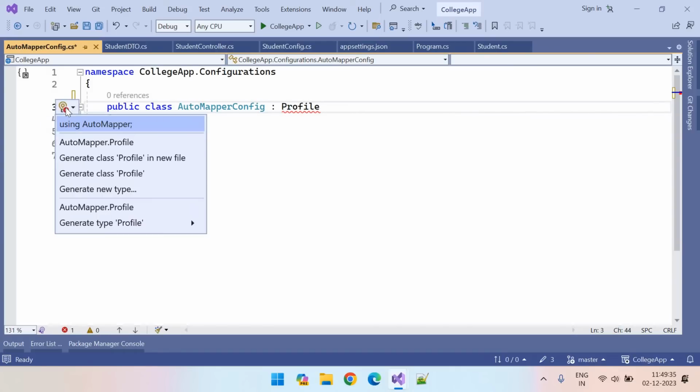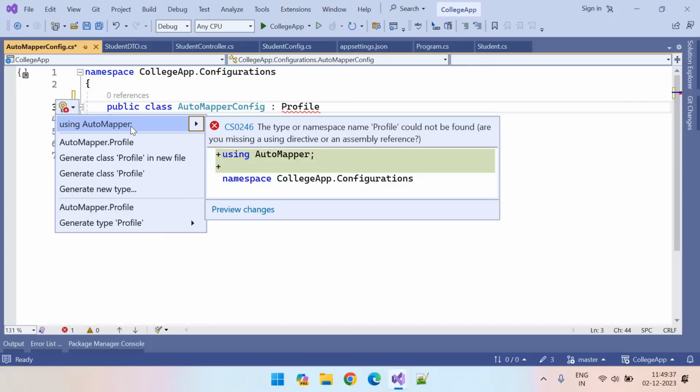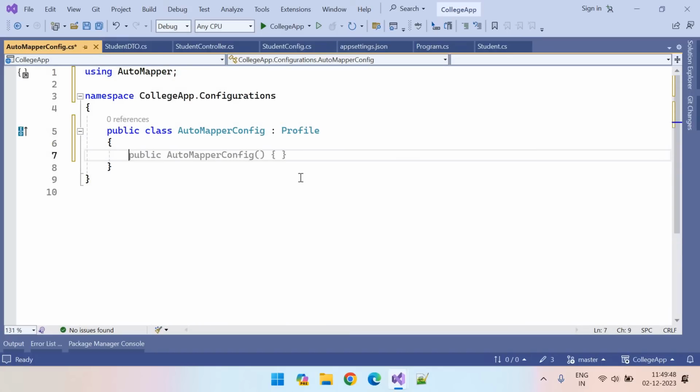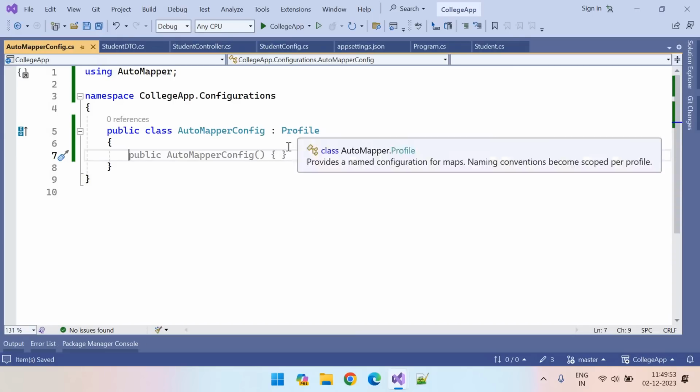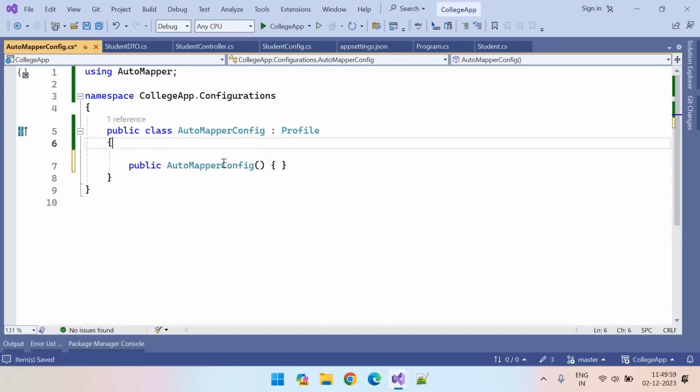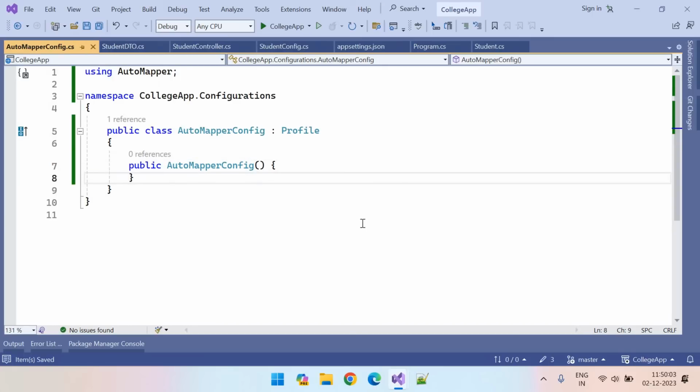We have installed AutoMapper so that we can see suggestions from AutoMapper. I have added the import statement, or using statement, here. So I have added the AutoMapperConfig class and inherited it from Profile. We need to add the constructor also. I have added the constructor here. Inside this constructor,